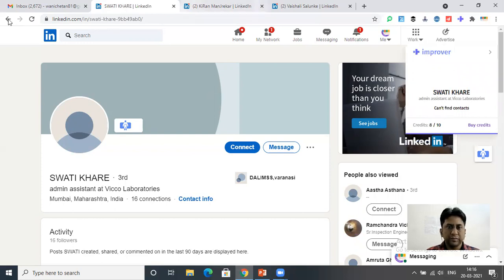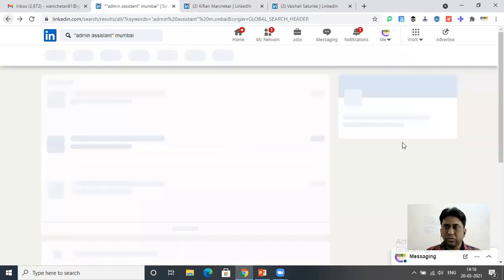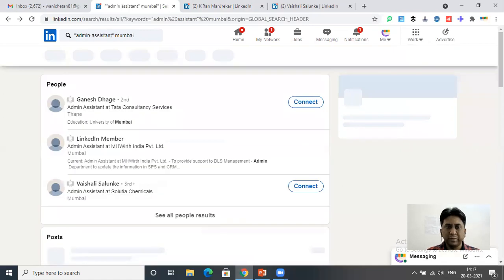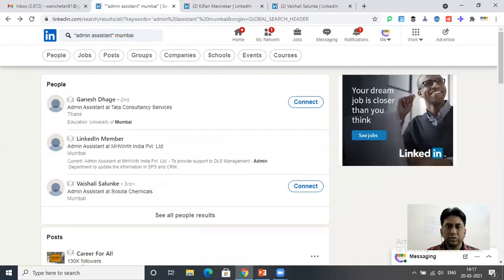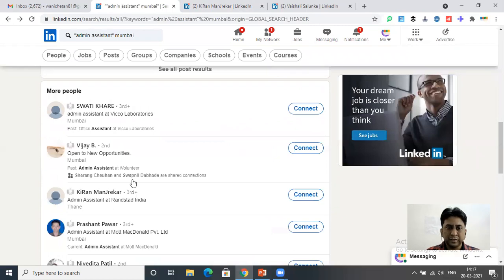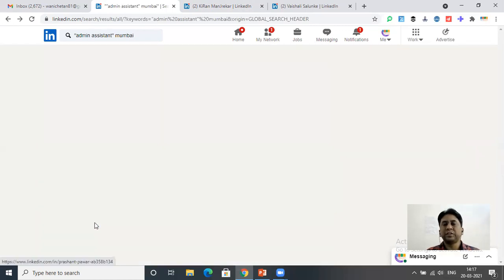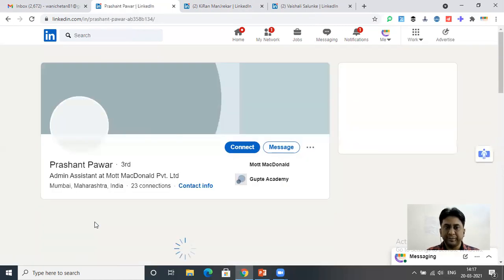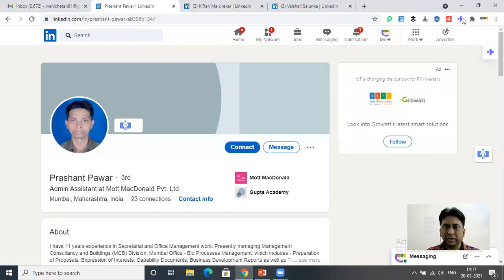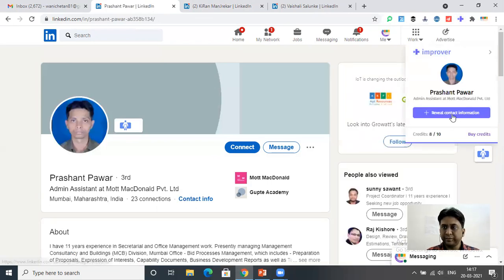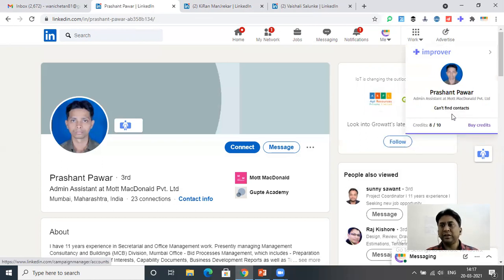Okay. So in most of the cases, you won't be able to find the contact. So you have to use different Chrome extensions for that matter. This is the last one we will try for this. Okay. So as I said, try different Chrome extensions for that.